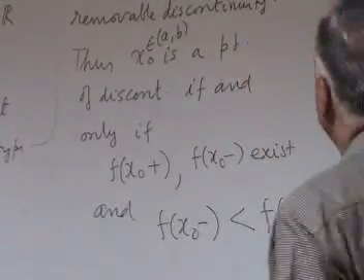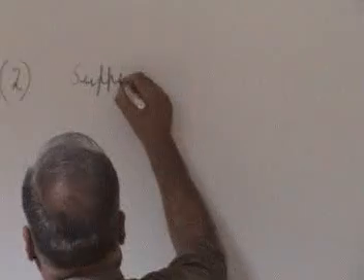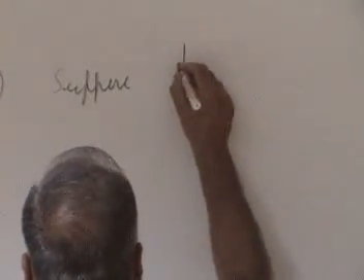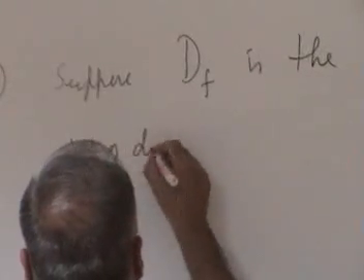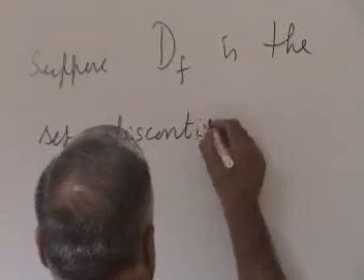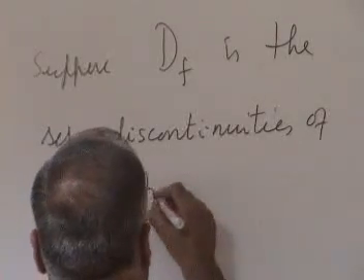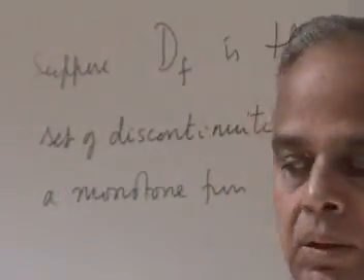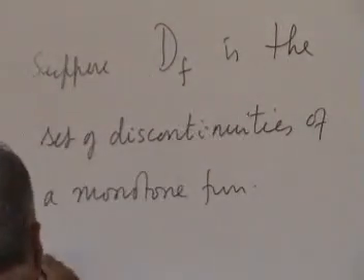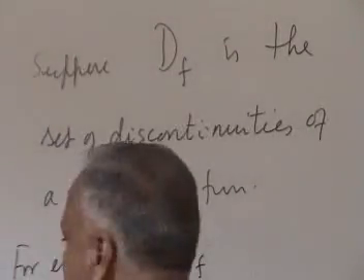The next thing we observe is the following. Suppose D_f is the set of discontinuities of a monotone function. Then for every x naught belonging to D_f,